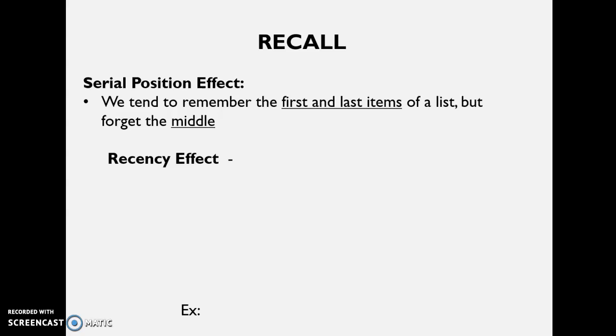we tend to remember the first things in a list and the last things in a list, but when it's too much information, what we forget is the middle. So that's serial position effect. Again, remembering the first and the last, but dropping the middle. So let's go ahead and break that down into two pieces, the first and the last pieces of information. So we have something called the recency effect, and what we